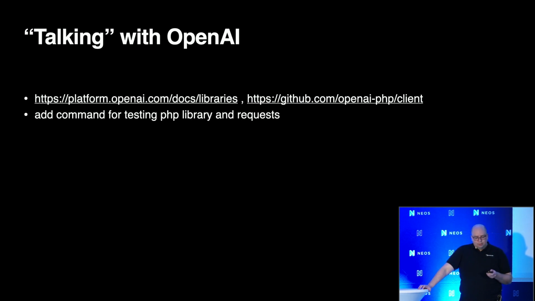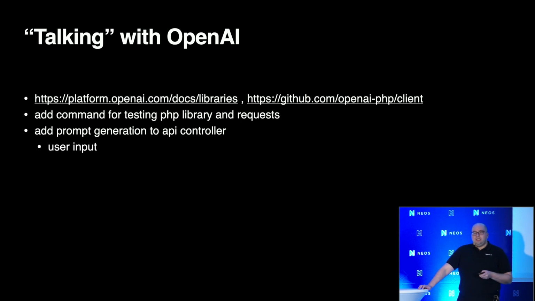So I thought about what I now need to do in my controller. The library is there, I can generate a request, but what kind of request, or what information does my request have to include? As necessary, I need to build a prompt from my user input, but I also thought, okay, the user input could be a little bit less information than is needed. I also wanted to support a specific kind of generation.